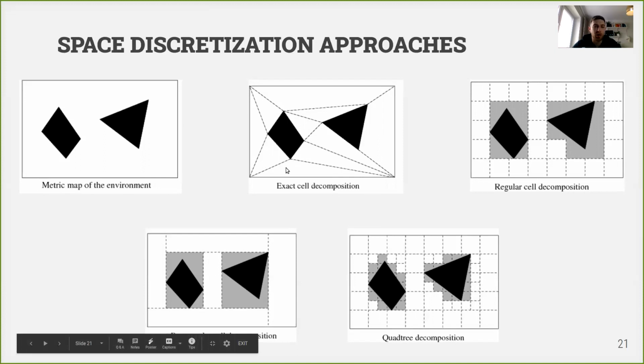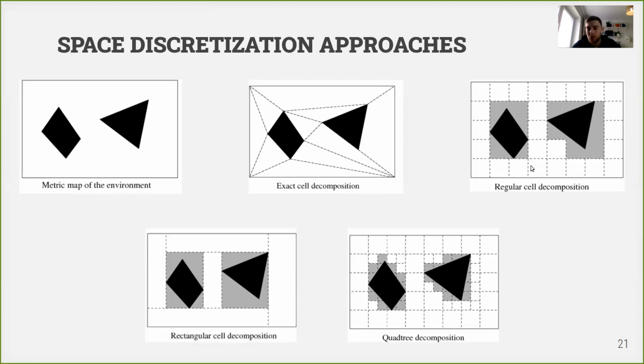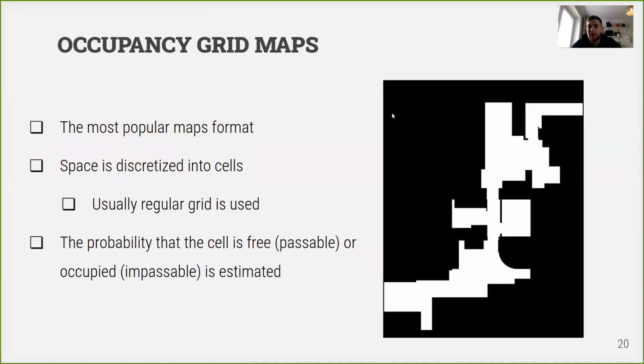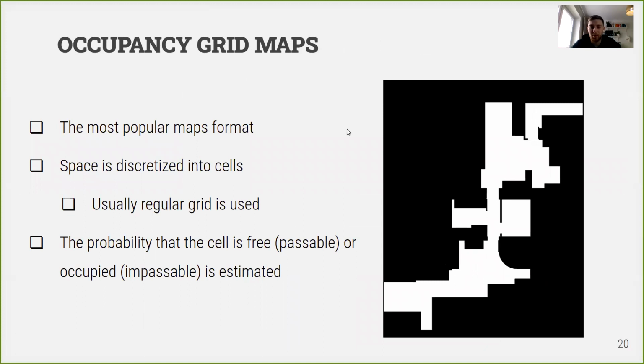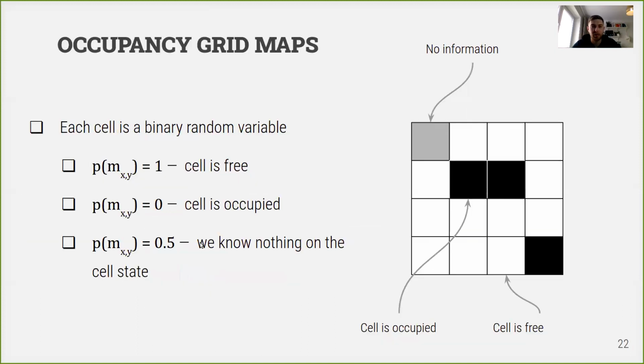And there are more and more types of these cell decompositions, but you have to know that usually we use regular cell decomposition. So it is the same as an image. We split our image into similar squares, which are called pixels, and this map is basically an image, right, where each pixel stores the probability of this cell being passable or impassable. So, talking more on map representation,